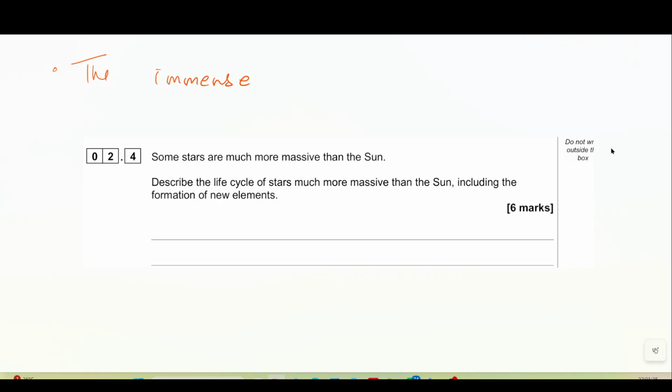Next step is the immense energy of a supernova